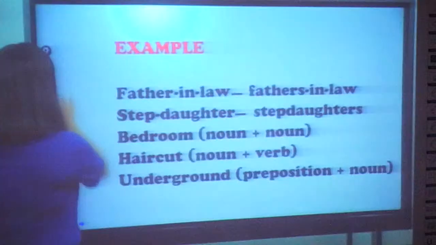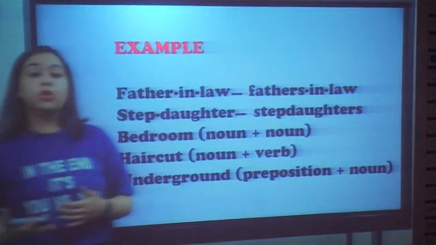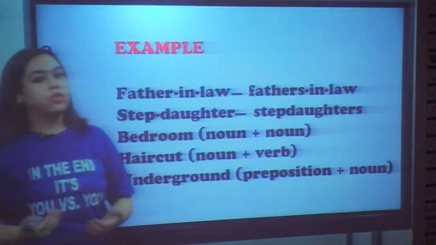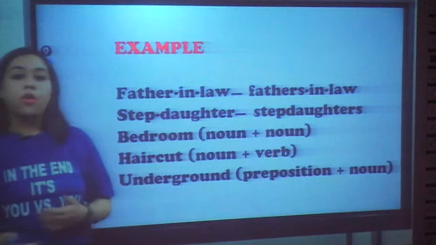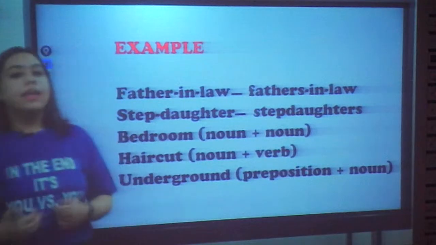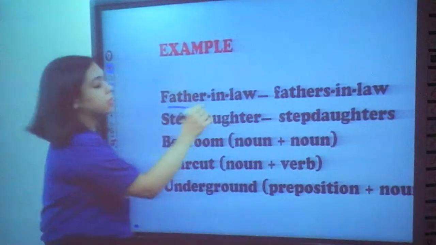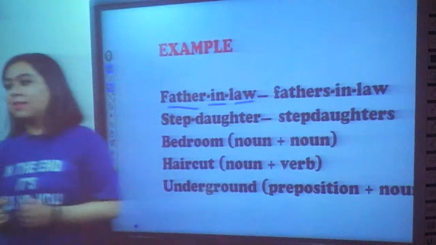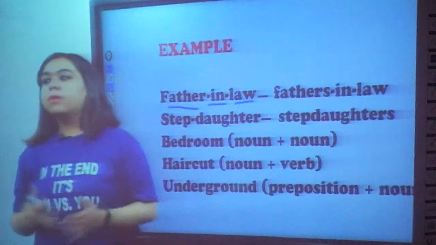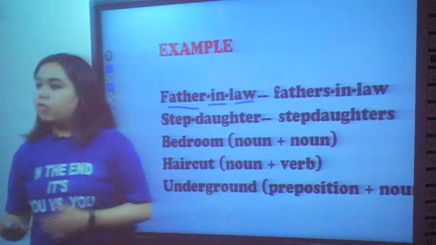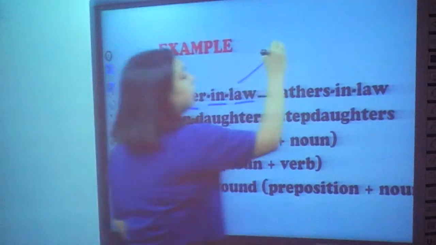Okay, now here are some examples. Earlier I mentioned that compound nouns could be made by forming two words or more than two. Now, you must have heard of these words: father-in-law, brother-in-law, sister-in-law, mother-in-law. Yes, so you will see here that these are made up of more than two words. These are three words. Okay, so what is the point? What is the major point where I find people making the same mistake? Whenever converting into plural, people tend to say that